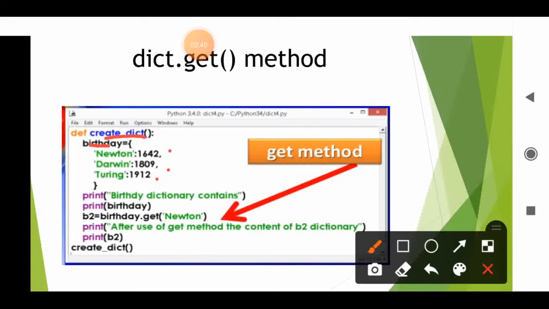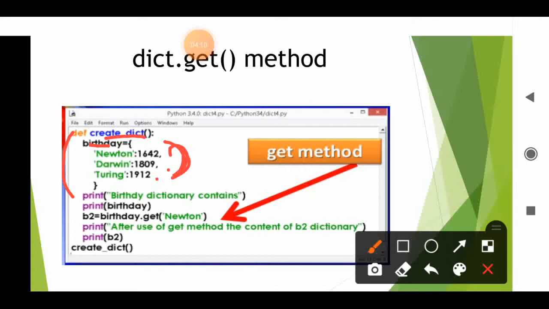Listen, the Python compiler will read the function header first, then the control directly goes to the main program. When the function call is there, only then will the definition be read. So inside the function header you have created the dictionary. This is called the function definition. After the function header is read, the control automatically passes to the main statement.